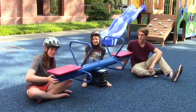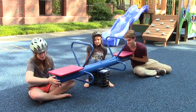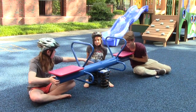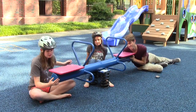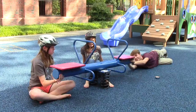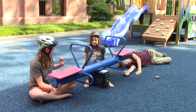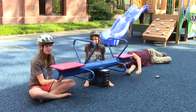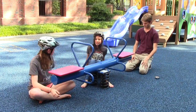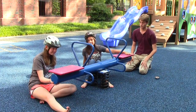Yay! So you see, when I press this way, nothing happens to the seesaw. You know why? Because I'm pressing parallel to the way that this is. But if I go perpendicular, then it actually moves more because it's making a 90-degree angle with the line of the seesaw. So the maximum torque is applied when the force is applied perpendicular to